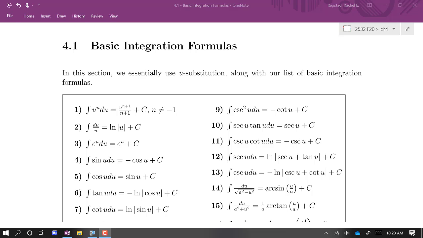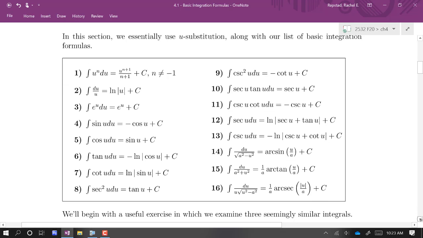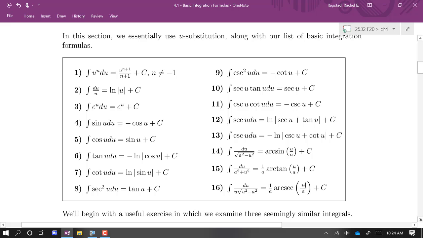All right, in this section we're going to review some basic integration forms. The formulas on this page are all ones that we've seen before. We've learned them in Calc 1. We've used many of them previously in this course. And so we're going to just start out this chapter, which is all about techniques of integration, by reviewing some